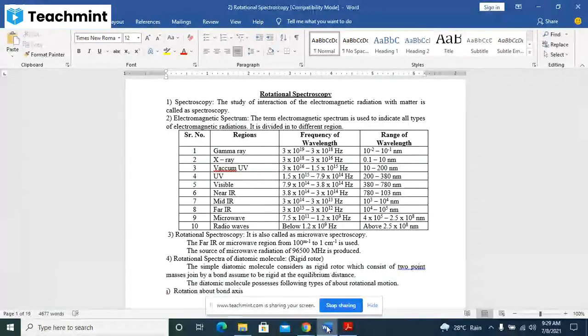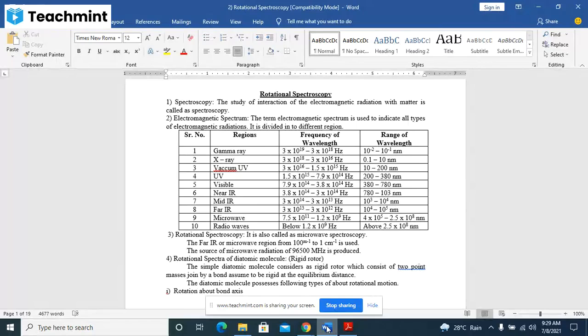There is an inverse relation between frequency and wavelength that you should always know. When we are talking about physical chemistry, at that time frequency, wavelength, velocity, and momentum, these terms you should remember. What is the velocity, what is the frequency, what is the wavelength, these terms you should know. These are basic terms we study from, I think, the 7th, 8th standard.